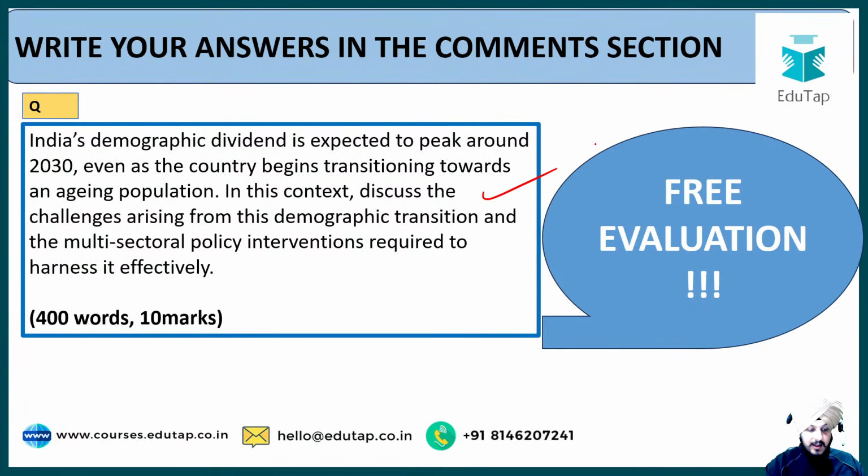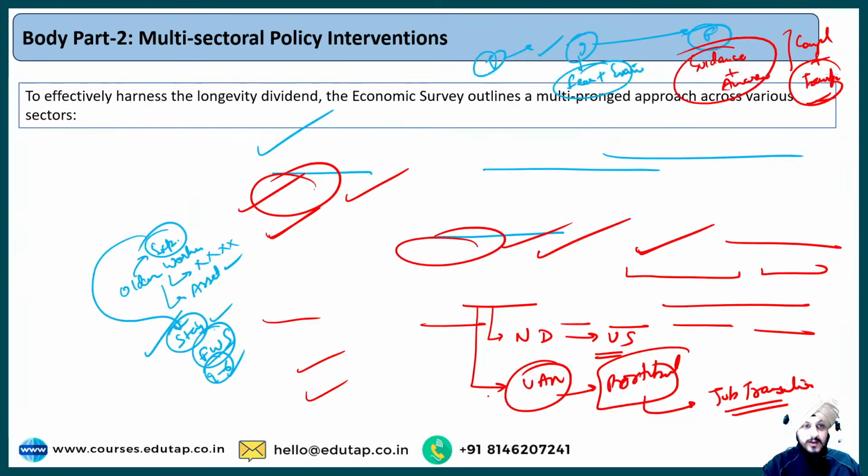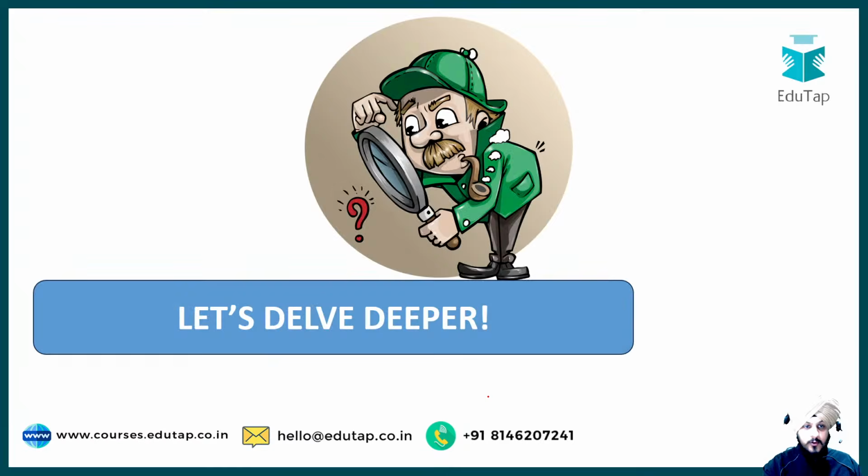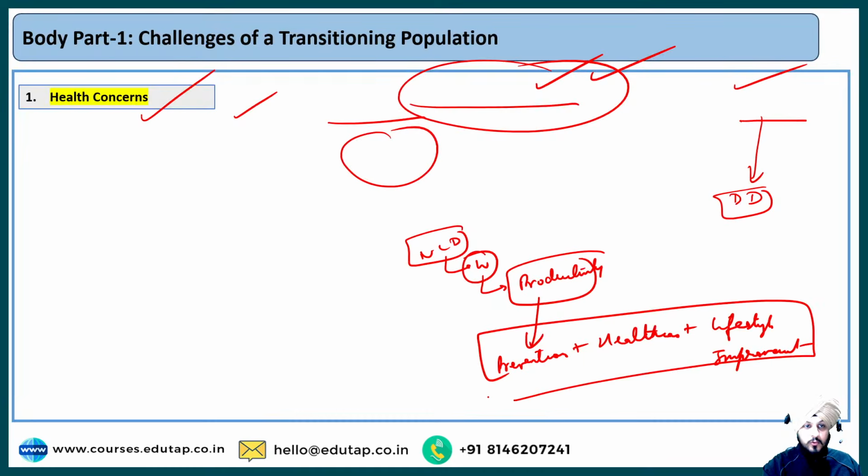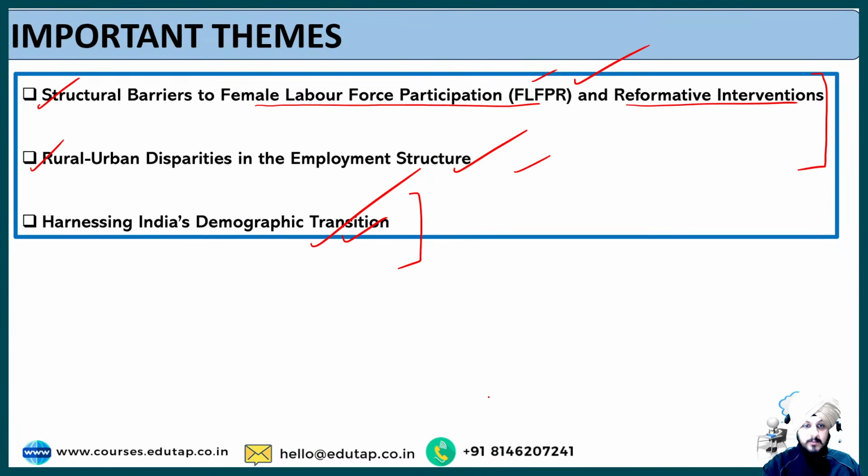But apart from that, I have already given you two more important themes, right, these two areas where I want you to focus. Just try to make 1 to 2 page notes for these themes. They can be important for your descriptive paper. The first is the barriers to female labor force participation rate, and the second is regarding rural urban disparities. These two areas are important. They have been discussed in the economic survey. Although I'm not discussing it as a part of the session, they are important, right?